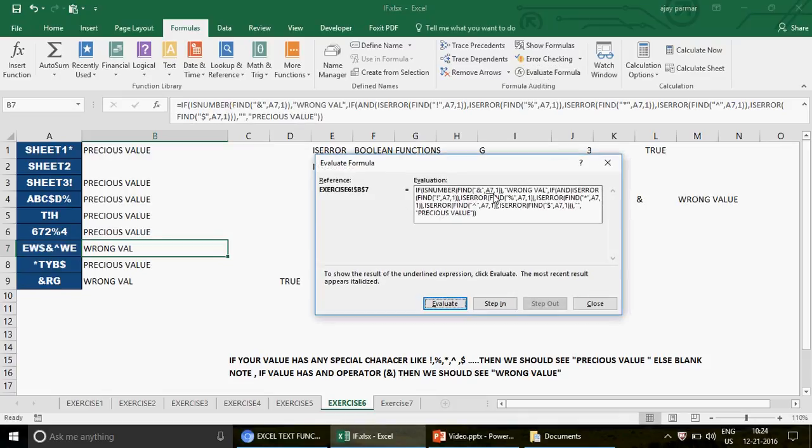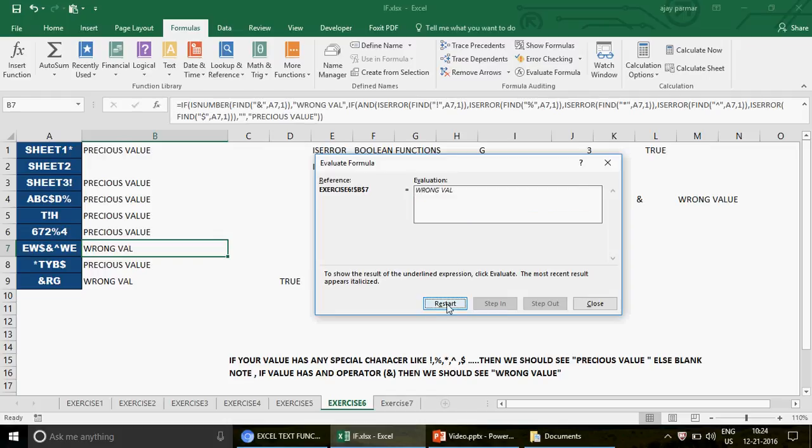Now here you're getting the wrong value, obviously, because of the simple reason that you have the and here, right? So yesterday also I talked about this, that if works like a loop. This first if is going to be executed first, obviously, but what I wanted to say is, if this if is going to result as true, the function will stop here, it will not go forward. So obviously, if you go to the evaluate formula,